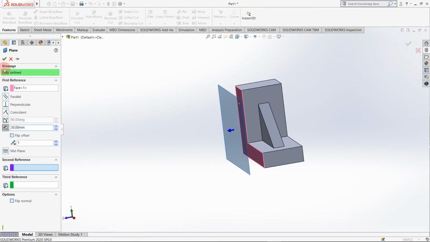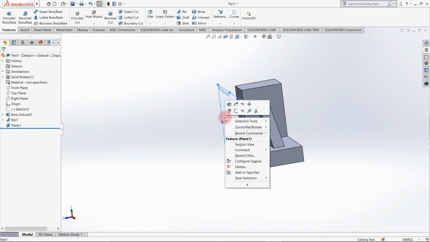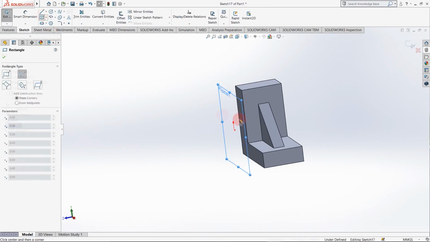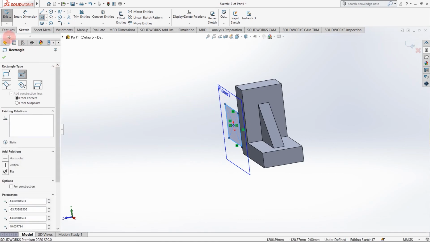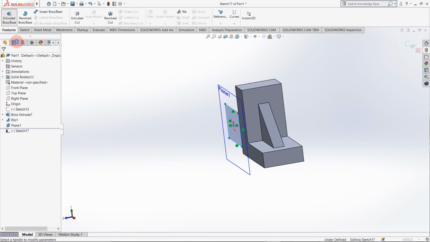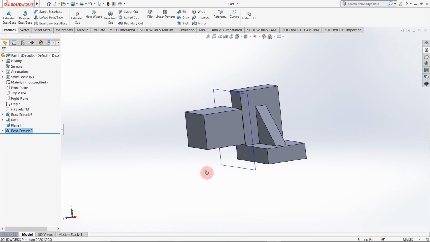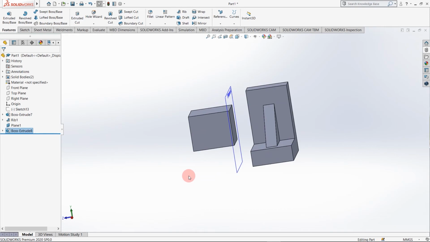As you can see, it is created. I'm just clicking on the plane and sketch. As you can see, I can sketch in this plane now. Extrude. So this is the use of reference planes.